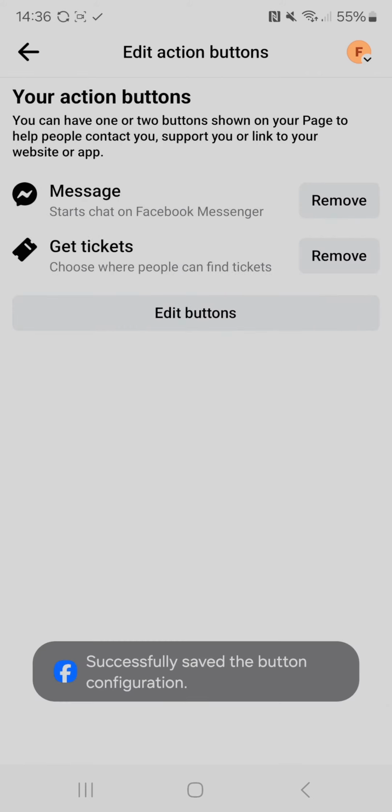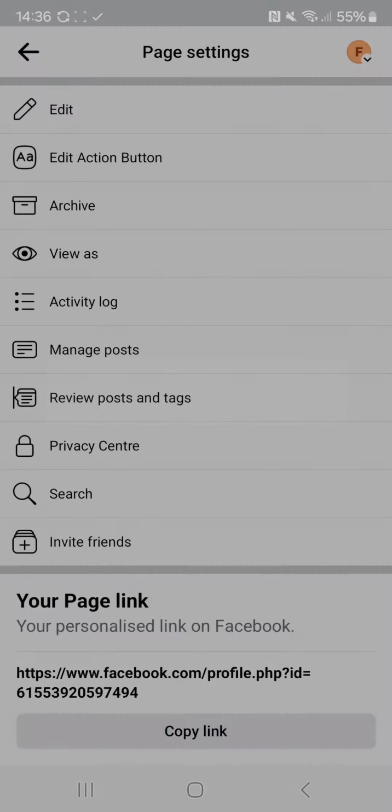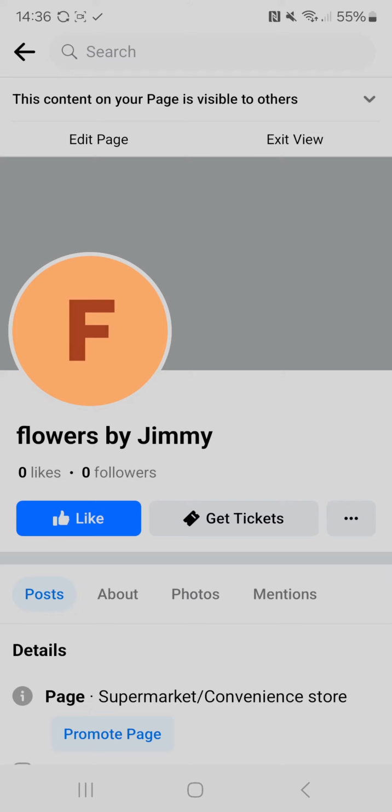And once that is done, if you come out of here, it should give you the option to view as. So as you can see, it gives you the option to get tickets here. Obviously it doesn't work on my profile here, but that's how you can add an action button to your Facebook